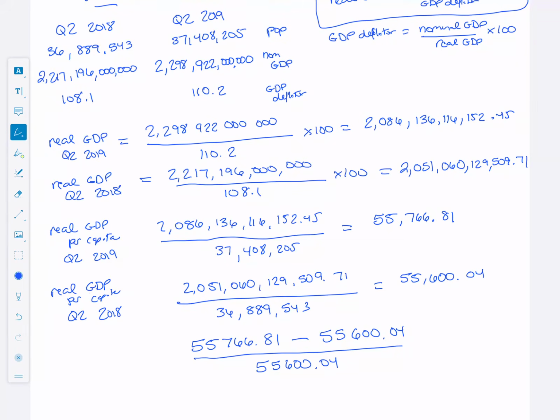New minus old divided by old times 100 because we want to turn it into a percentage. All right, so let's throw that into our calculator. We get 0.004, and if we multiply that times 100,